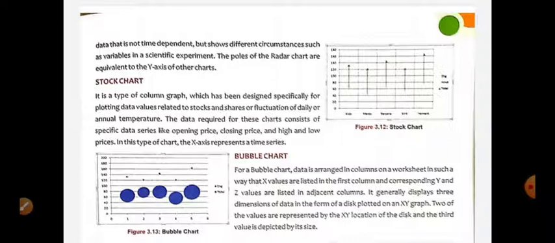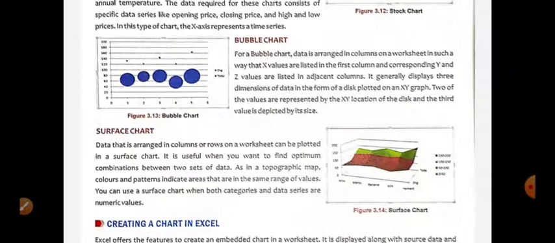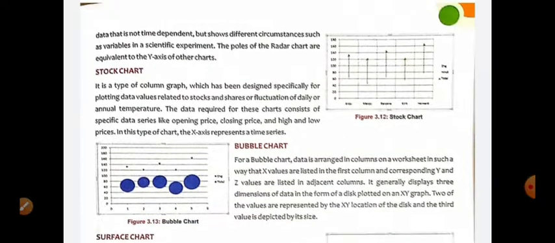So as I told you before, radar chart is basically for big purposes like weather forecasting, then after that some attacks by our enemies, and for flying of aeroplanes, flying of jets. For these purposes radar chart is basically used. Next chart is stock chart, then after that bubble chart, then after that surface chart. These are the different charts which we are having in our